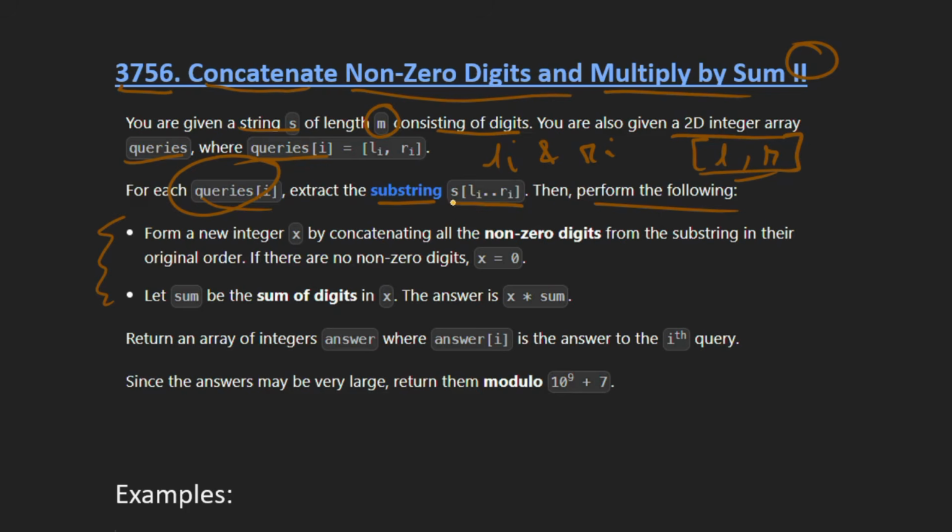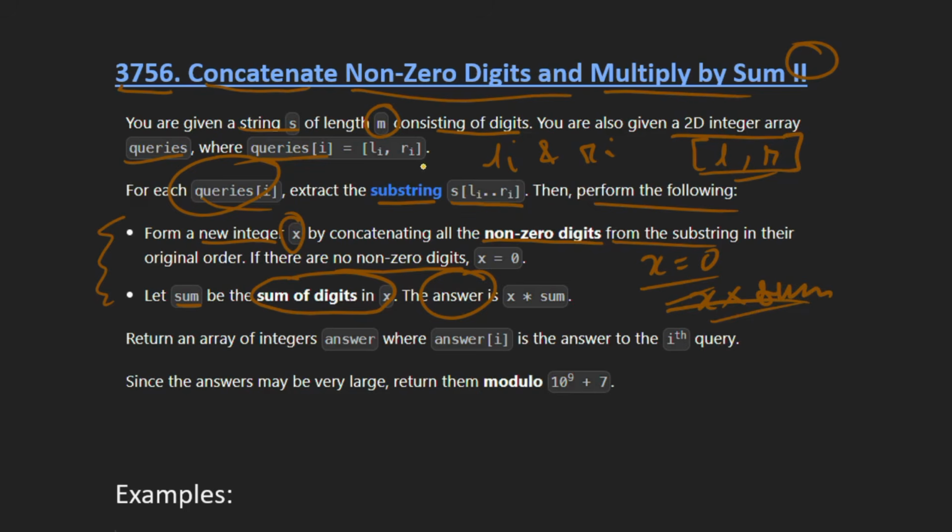From that substring, we have to form a new integer named x by concatenating all the non-zero digits from the substring, and if there are no non-zero digits then x will be 0. There is one more variable, sum, which is the sum of the digits in x, and our answer will be x into sum.